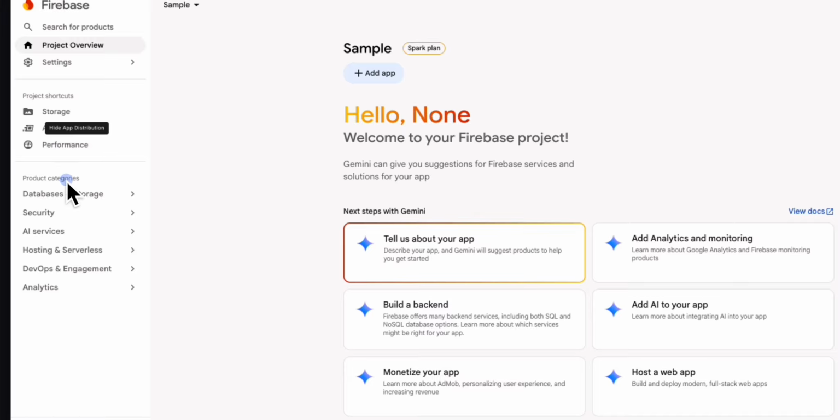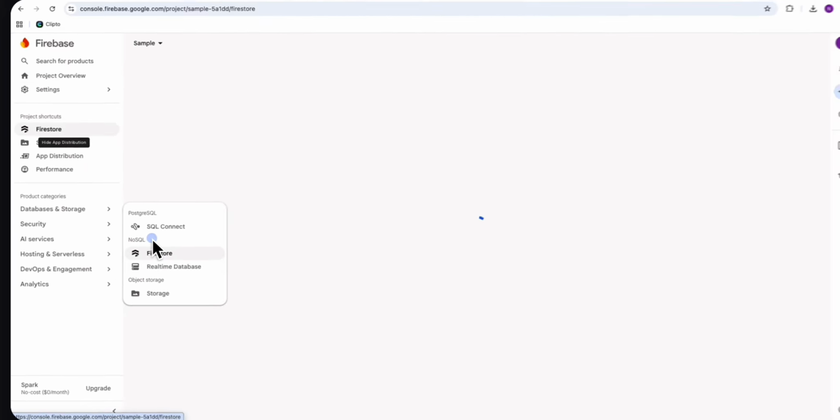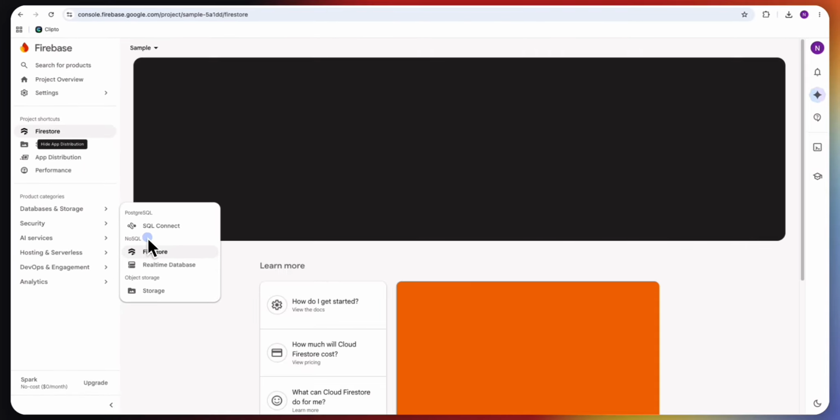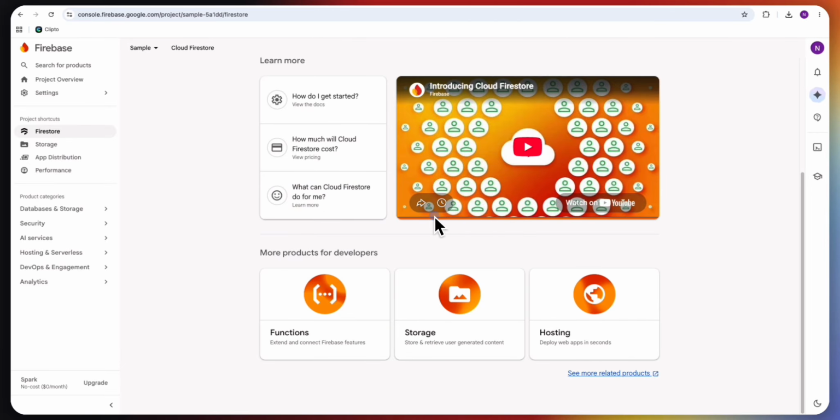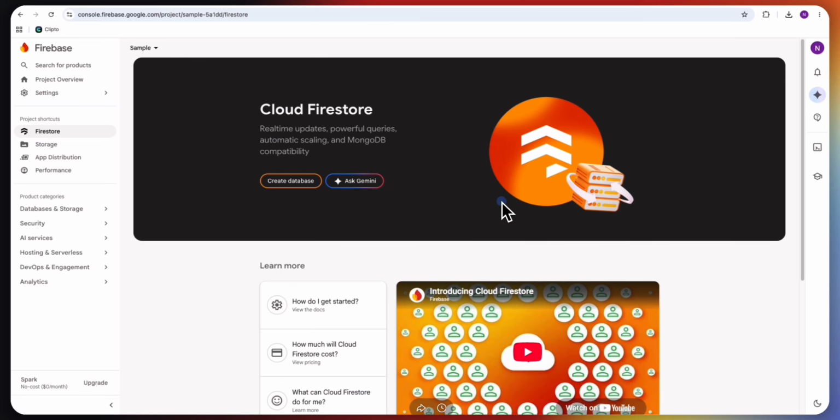And if the menu is collapsed, expand it to view all the available options, and from there open database and storage, then select Firestore database, or just Firestore, as you can see here. Firestore is a flexible NoSQL database that stores information using collections and documents. It can sync data in real time and supports useful queries, making it a good choice for many mobile, web